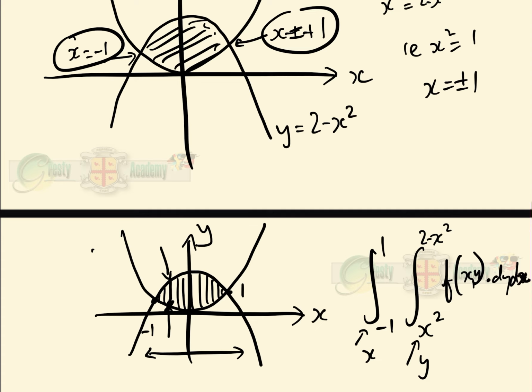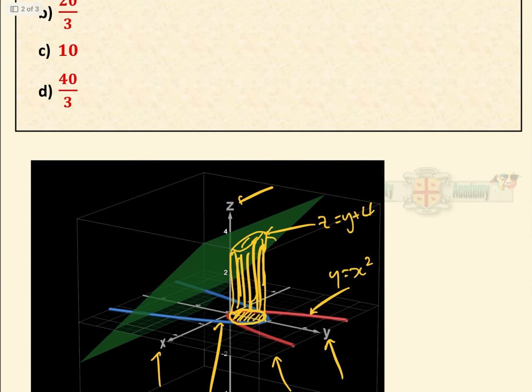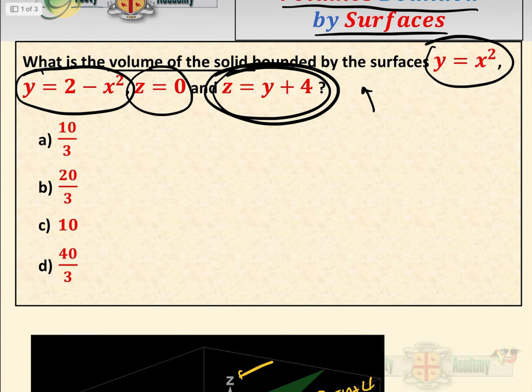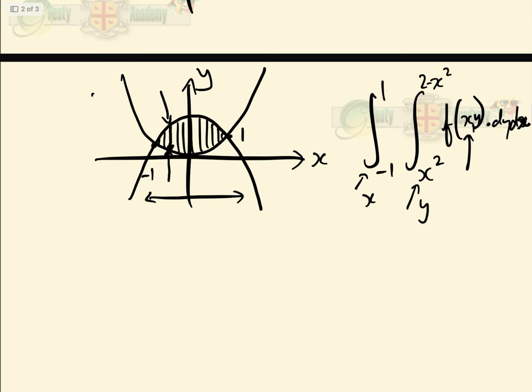And once we've got that, we have our double integral. So we know that f of x y from the question, i.e. z, was equal to y plus 4. So basically we now have our double integral, which is that the volume is equal to the integral between minus 1 and 1, that is the x,